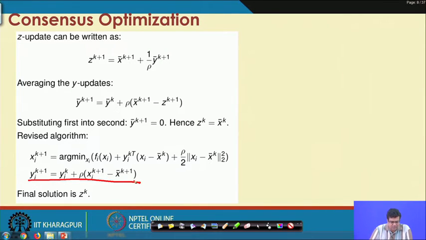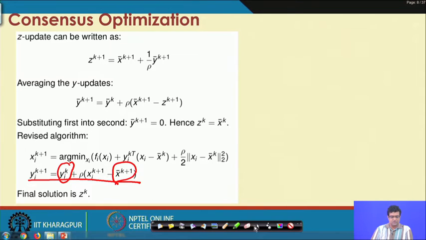Your y update is: whatever are the updated x values, take the average of those, then take x i minus that, multiply by rho and add that to y k. So, you have basically eliminated the z by substituting z k and z k plus 1 into all the updates.